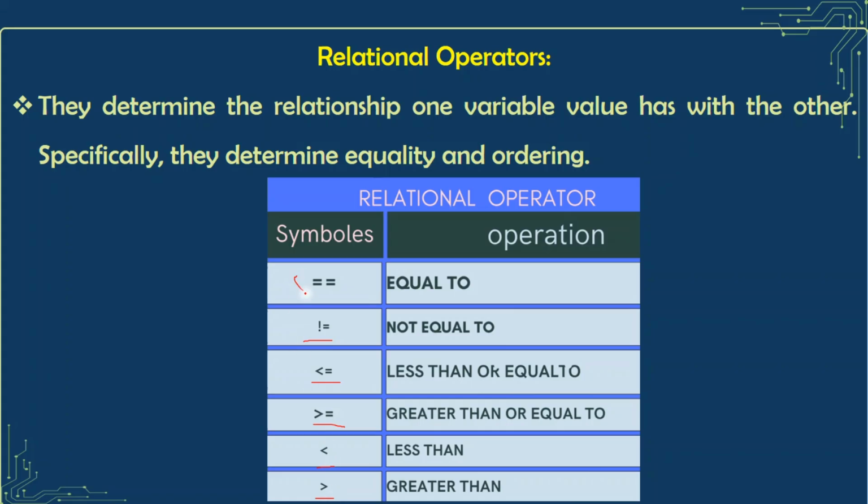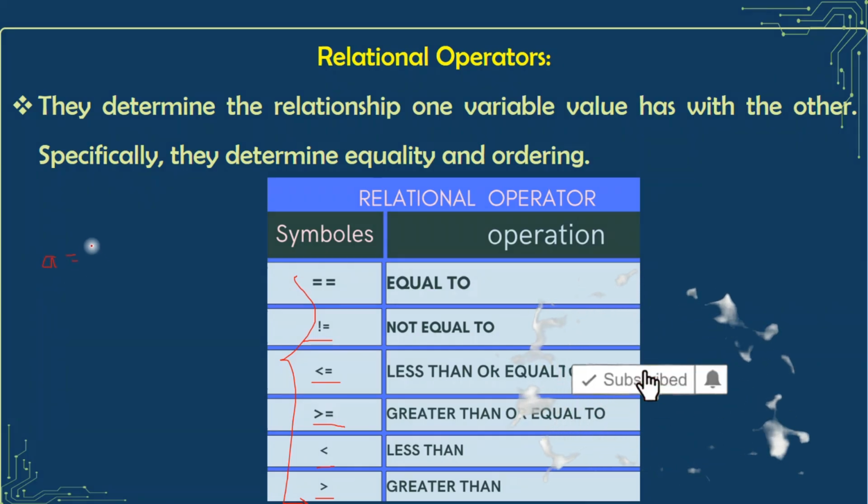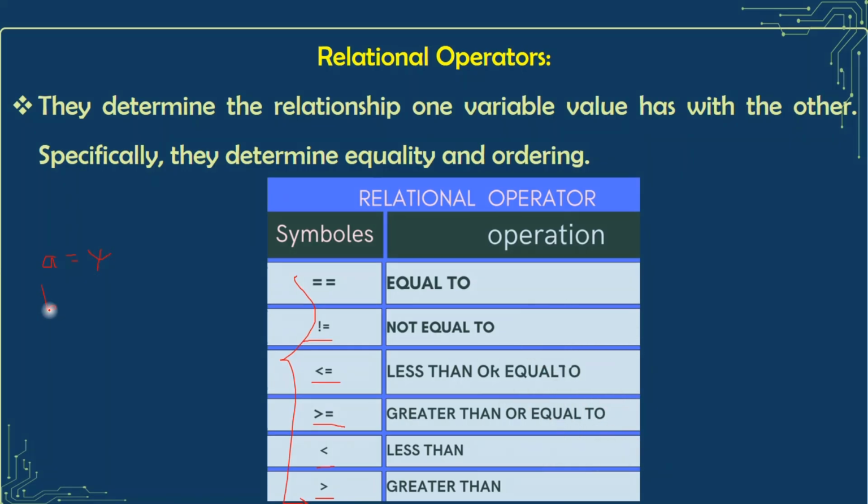These operators can be used in conditional statements. They can be used in if conditions, if else, and other conditions. We can check, for example, if you have a variable a, let's assign the value 4. Variable b, let's assign the value 5. Relational operators give an output of Boolean. So let's consider a boolean